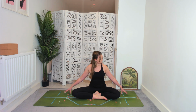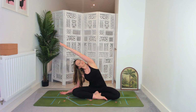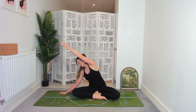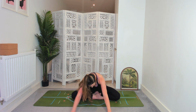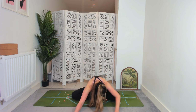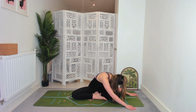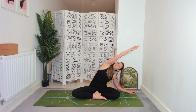Taking your fingertips off to either side and take a big side bend over to the left, rotating chest up towards the ceiling. And then from here, rotating chest down towards the knee. And then walking the hands forward, take a forward fold in the center. Before walking hands over to the right, and then reaching up into a side bend on the second side. Rotating chest up,